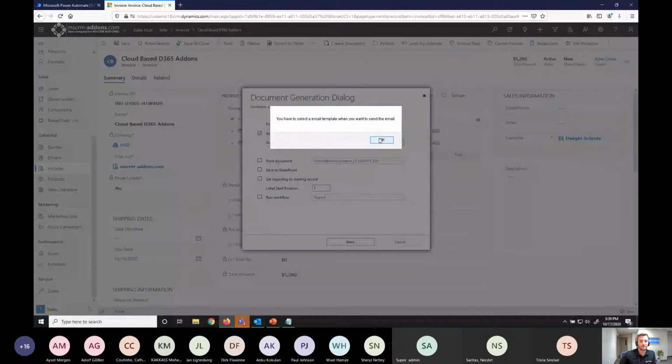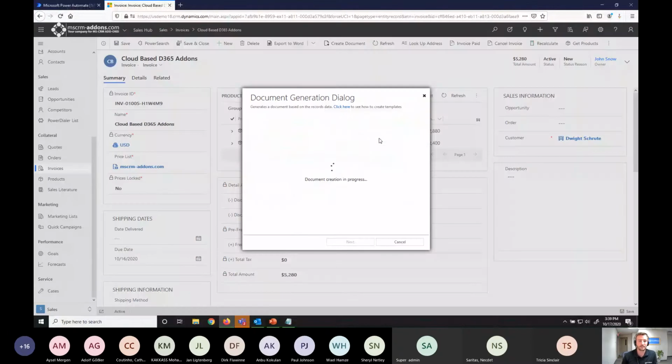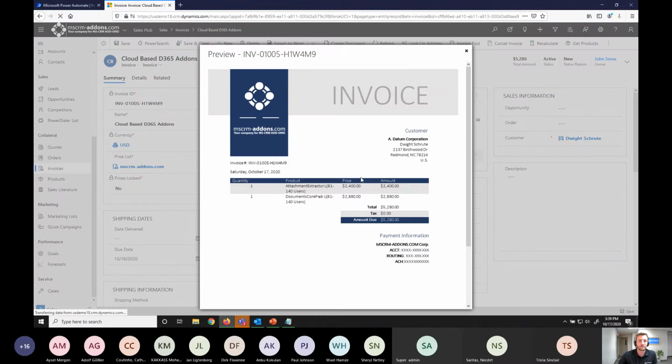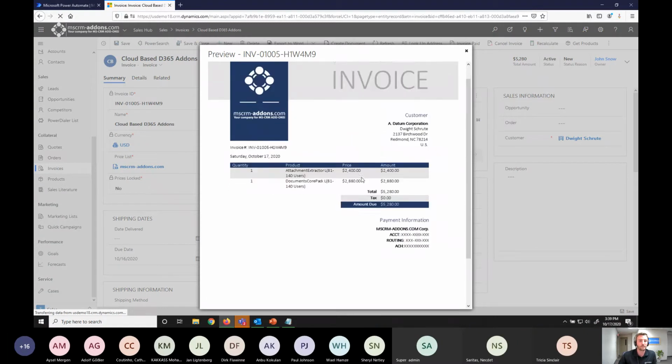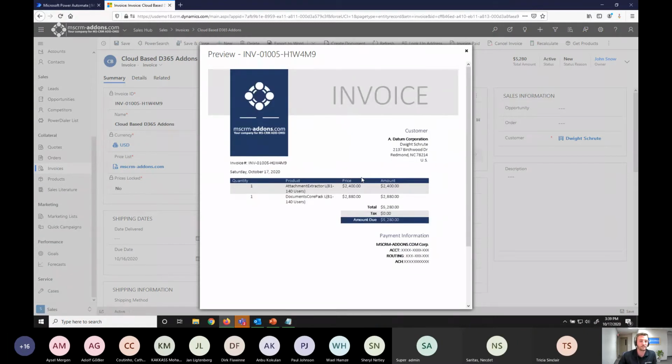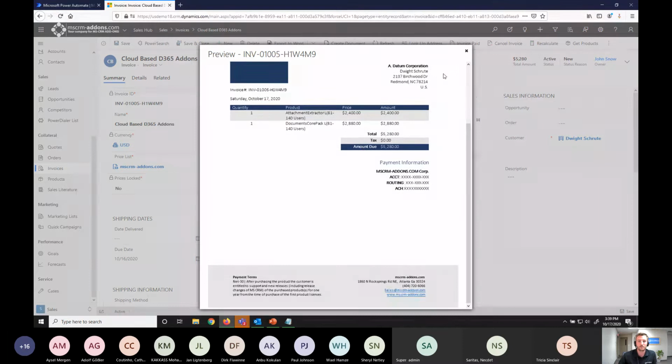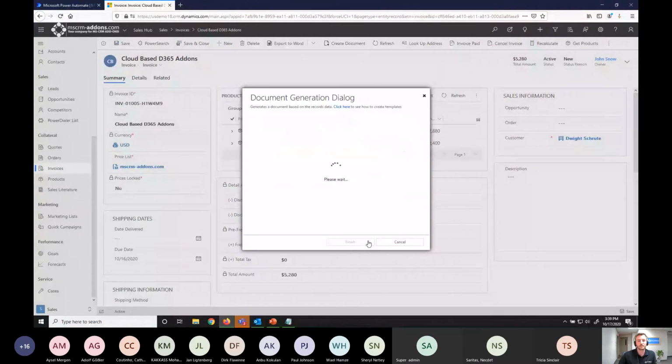As soon as I click that, it's going to run through the defined options that I've set. You have to select an email template, and it should automatically select it if I defined it to always use that as default. You have the option to preview the document or hit finish. I have this set to send an email automatically as soon as I hit finish. You can even skip this step. This is the preview of the invoice generated through our service, and it's also sending the email through CRM, through that email connector. So as soon as I hit finish,